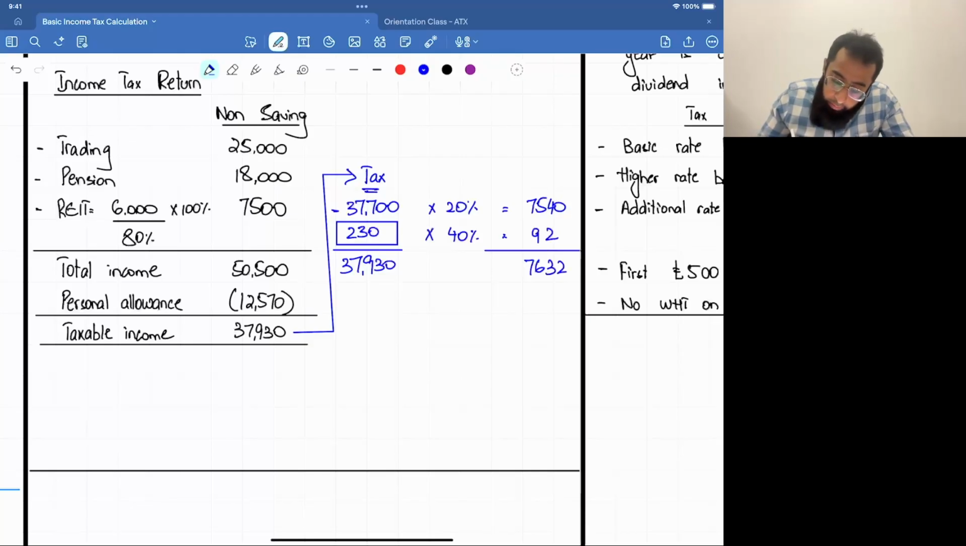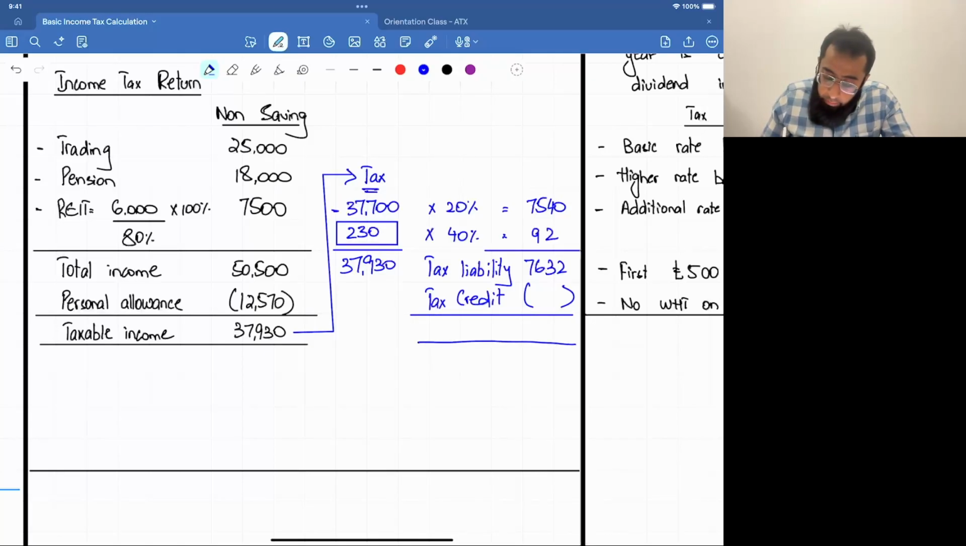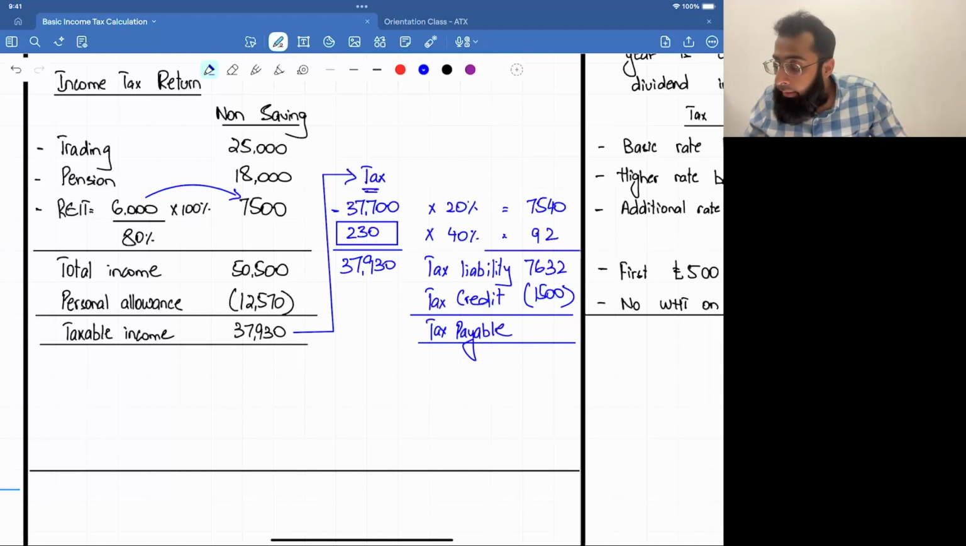7632. That is your tax liability. Now, what was the advance tax which we paid? Let's look at it. We paid some advance tax also. If you remember, Real Estate Investment Trust, we grossed it up. 1,500, 7,500 and 6,000, the difference. So that gives us the final tax payable, and that is